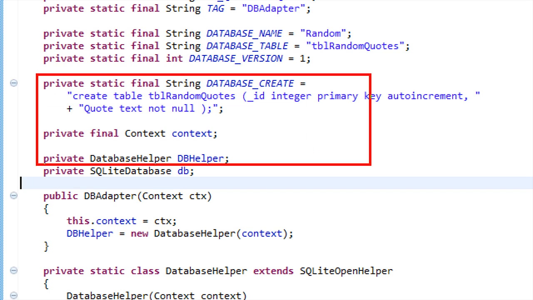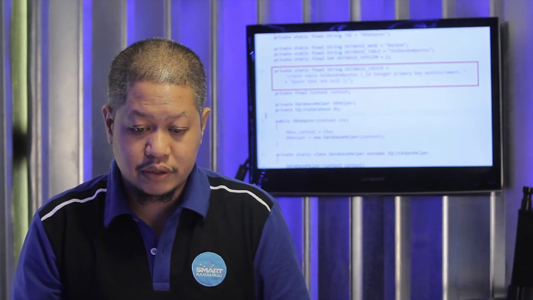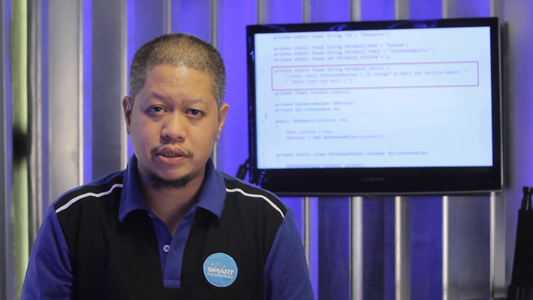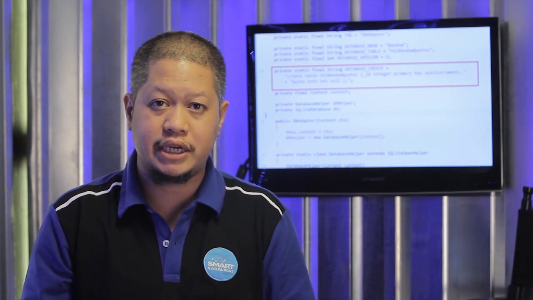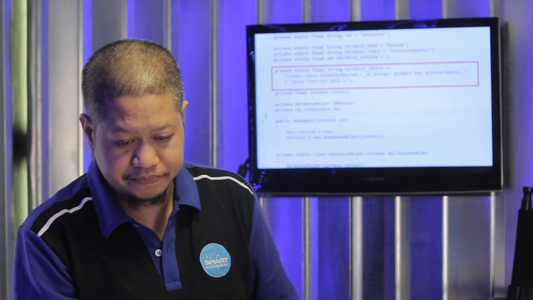Okay, now we see a few other items being set up. We have the SQL creation string for our table. So this creates the area where our data will be saved. Again, any data that this application creates will be locked to that particular application. So there's no fear that other applications will make use of that data.